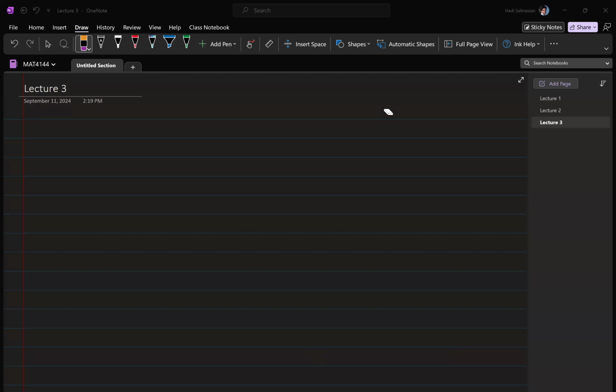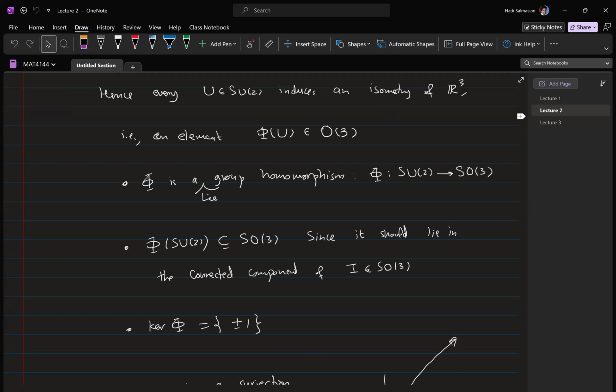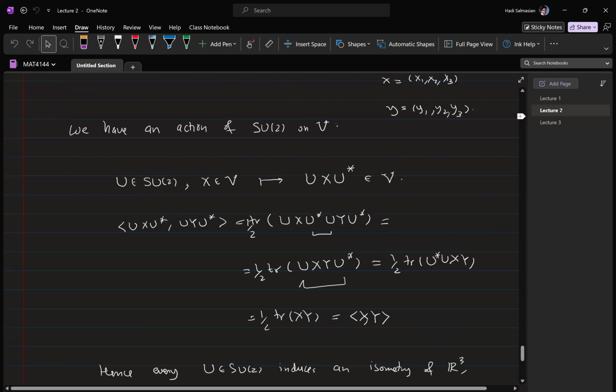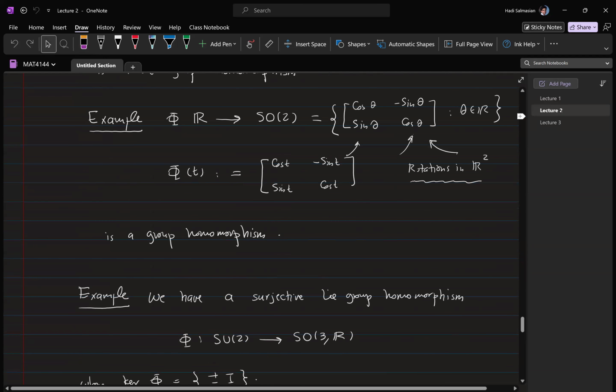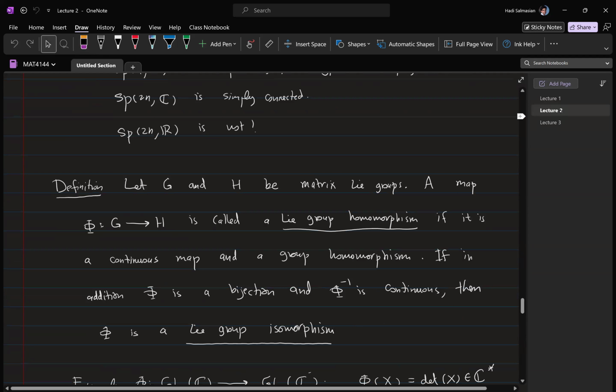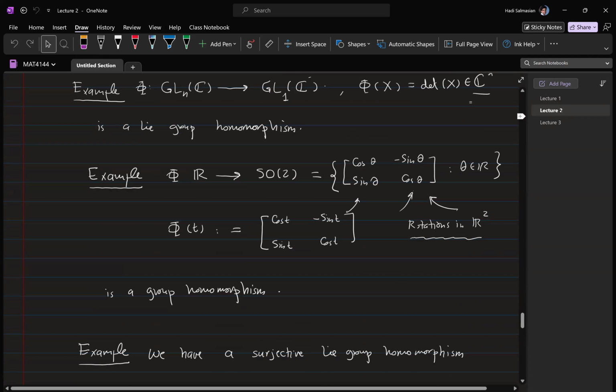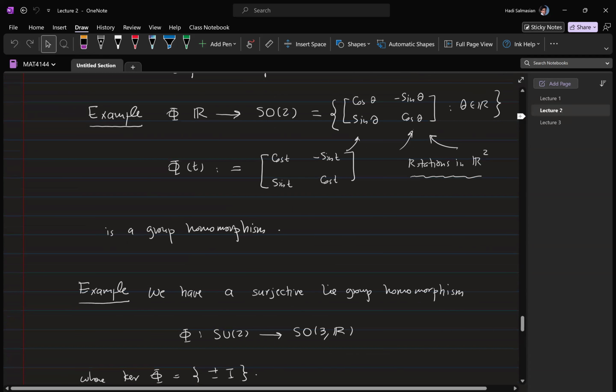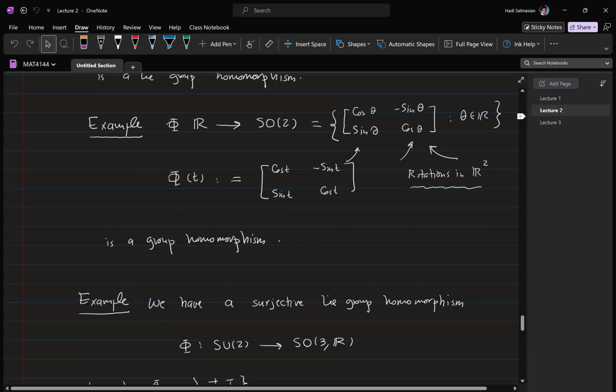Okay, so let me begin with a quick review of the previous lecture. In the previous lecture, we talked about simply connected Lie groups. A Lie group is simply connected if any loop on the group can be shrunk to one point. And we saw examples of simply connected groups. We also saw the example, I mean, SO2 is not a simply connected group, but